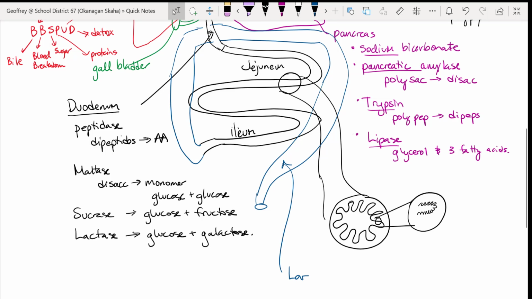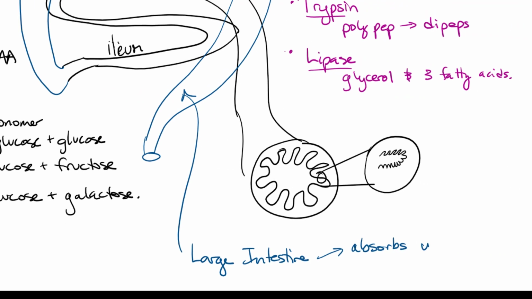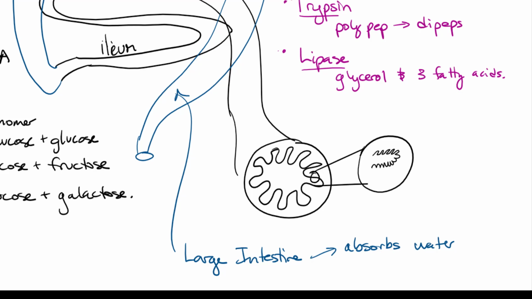We've got our large intestine. The main function of this one is that it absorbs water. It also absorbs a lot of bile salts. It brings things back so that we can recycle it. It's like 90% of the water that we use gets pulled back in. Otherwise, we'd be having very watery feces all the time. Okay, it absorbs a lot of water. It also compacts feces,